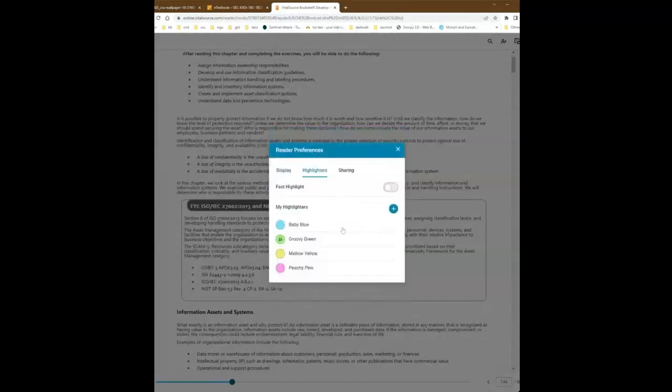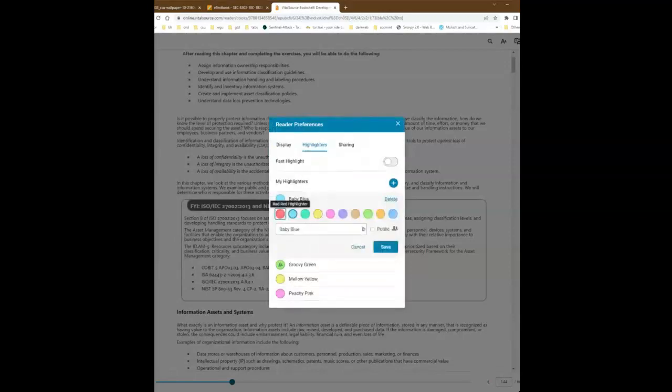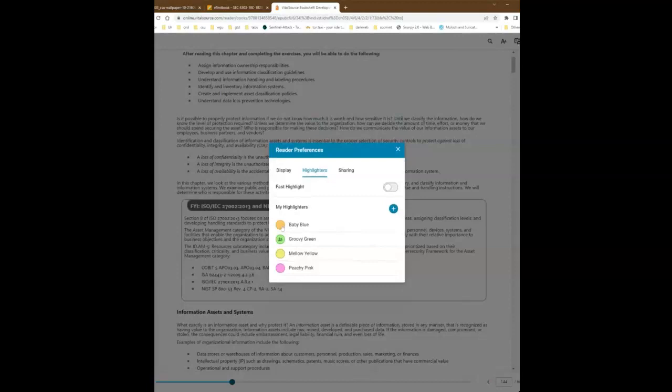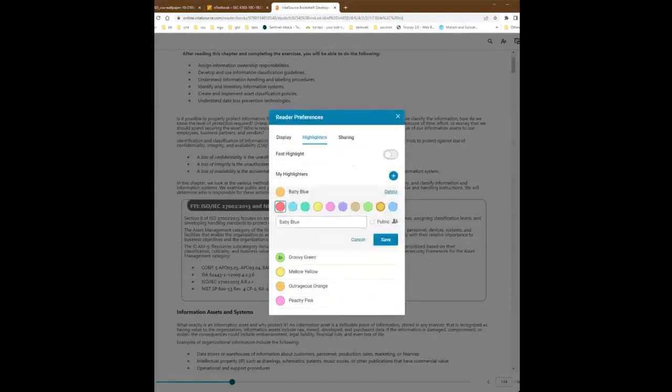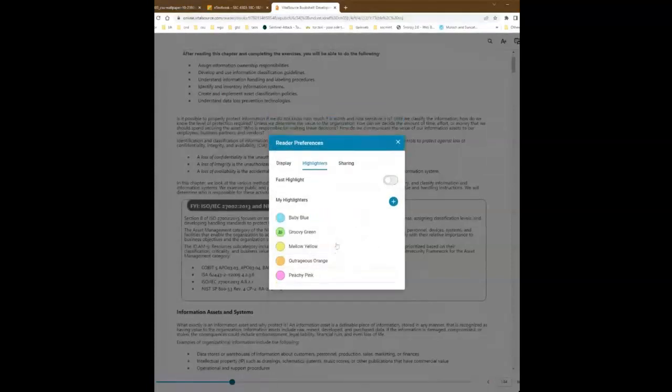I can also go to highlighters here, and I can select my default highlighter. I can add new highlighters, and it makes it just really handy for doing that. So I changed baby blue actually to orange. So I'm going to change that back to baby blue and say save. If I wanted to add a new one, then I could do the orange, outrageous orange, add that. Change this one back to baby blue, say save, and now I've got 4 or 5 highlighters that I can